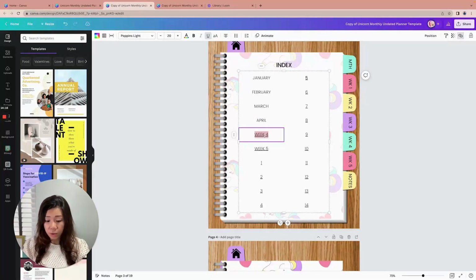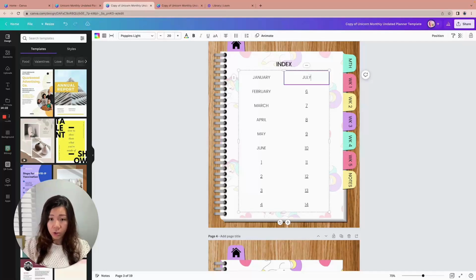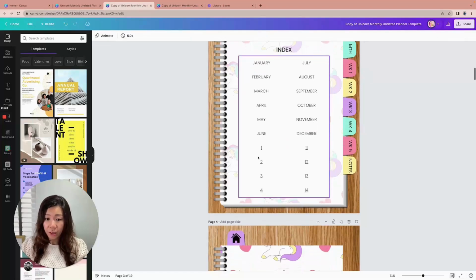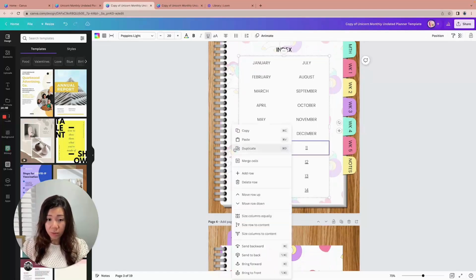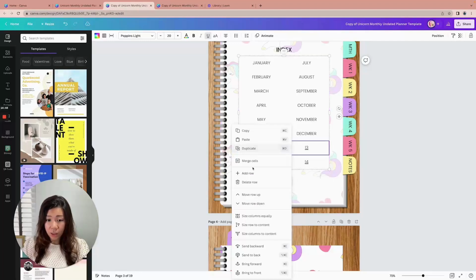April, May, June, and the second column, July, August, September, October, November, December, and then the remaining rows at the bottom, I'm going to delete the entire row until I'm left with